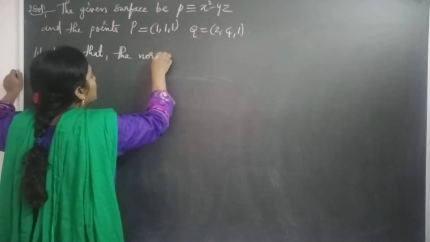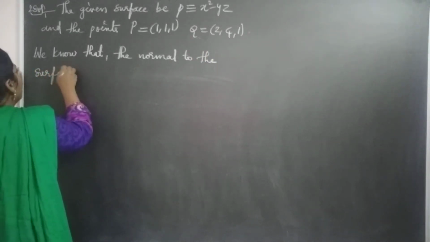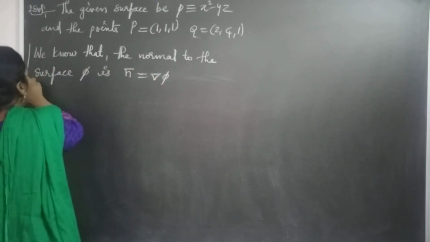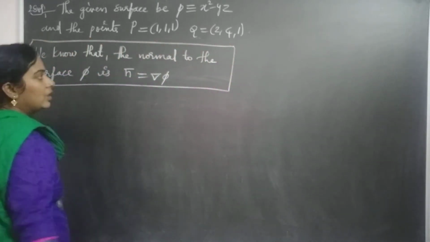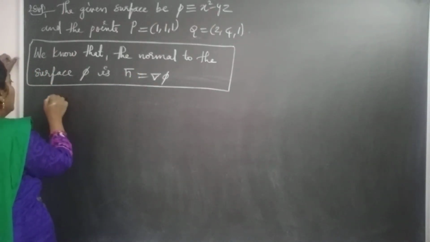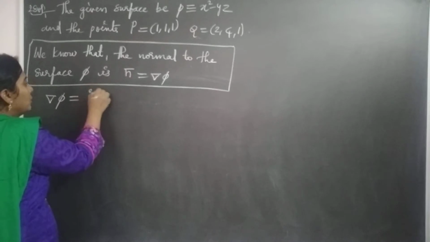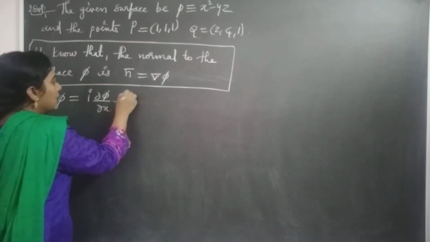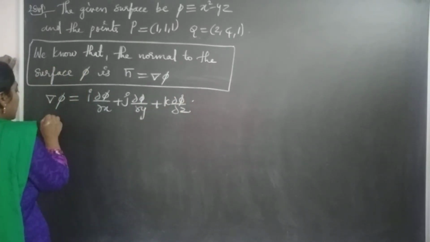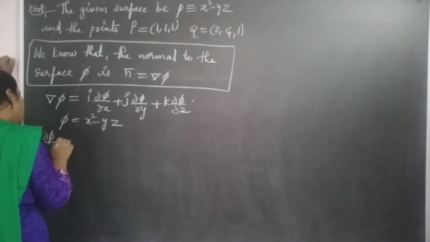Next, we know that the normal to the surface pi is n vector equal to del pi. At 2 points, we are getting 2 normals. Okay. Now we can find out partial derivatives of pi scalar. Del pi equal to i dou pi by dou x plus j dou pi by dou y plus k dou pi by dou z. Since pi is equal to x square minus yz, that pi scalar is differentiated with respect